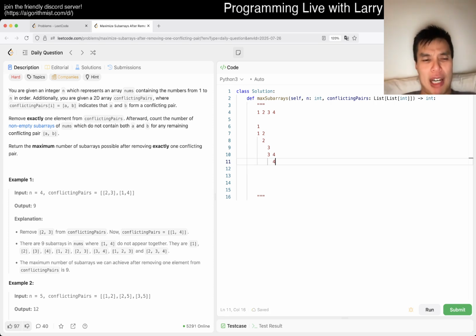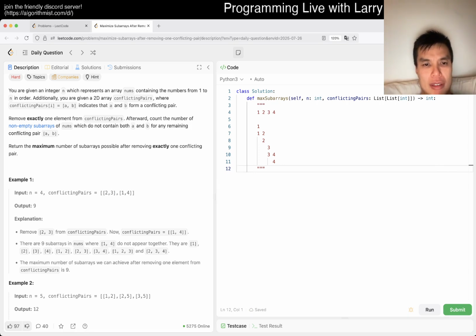Can I figure this out with contribution? The idea that it went from 6 to 9. Why does it go from 6 to 9? Well, if we remove the 2 and the 3, then what does this mean? That means that for things that end with 3, previously you cannot go past 2. But now that you can,